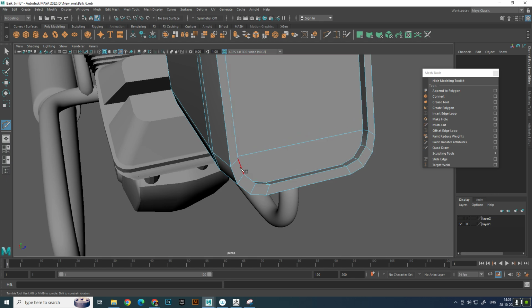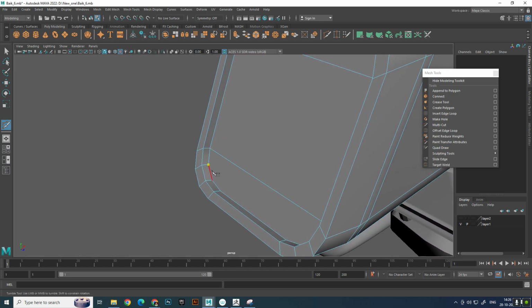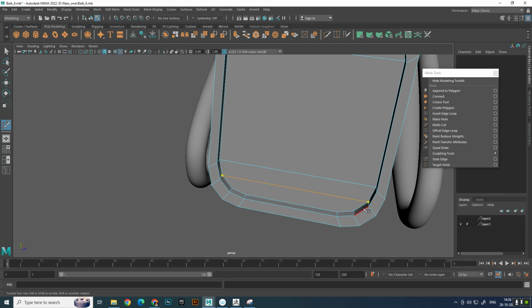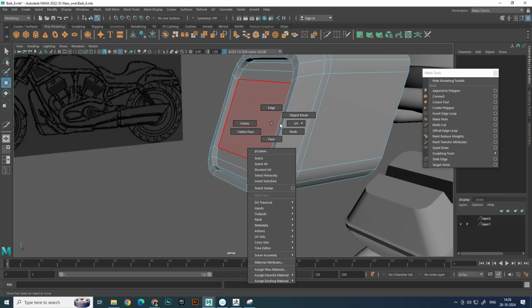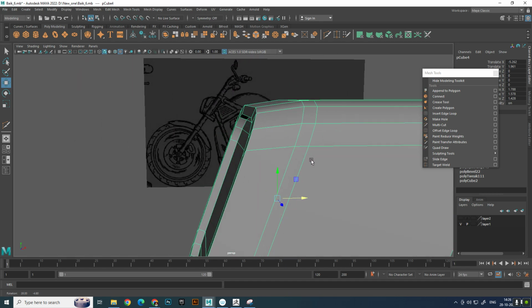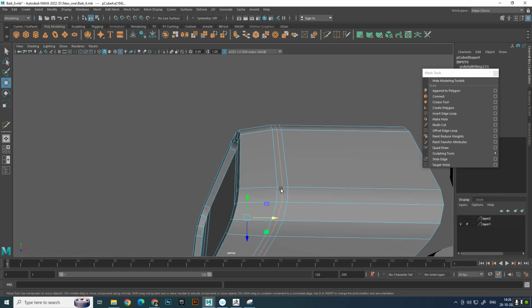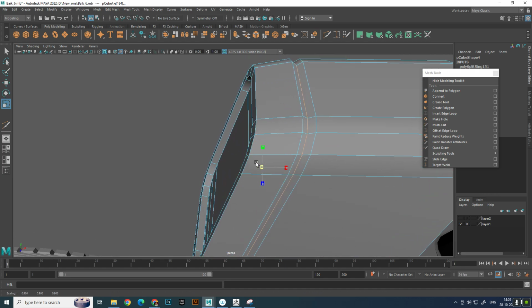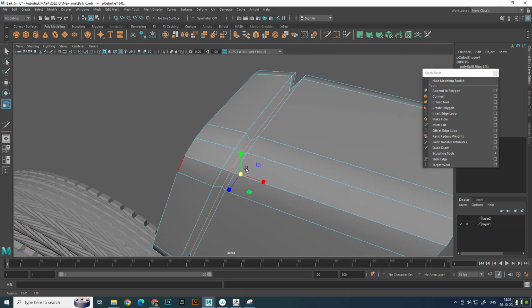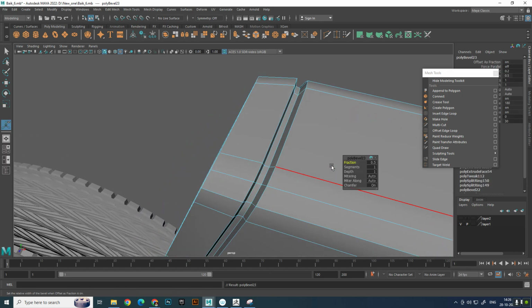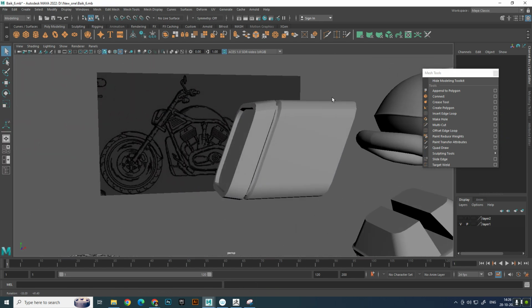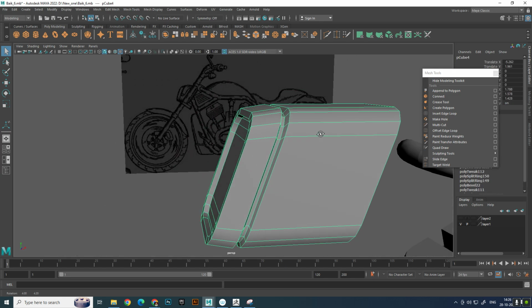Your job will be done. At the end of the day, if connections are proper, you will be a good modeler tomorrow. So connect it properly. Connect and hide the connections. 1, 2. Scale it and bevel it. Bevel it. 1 and 2. Bevel it. So try to take here,